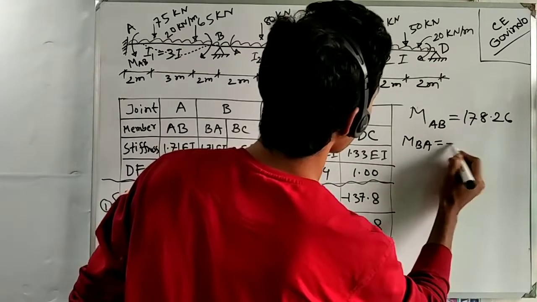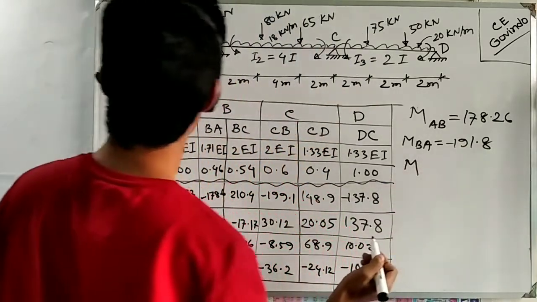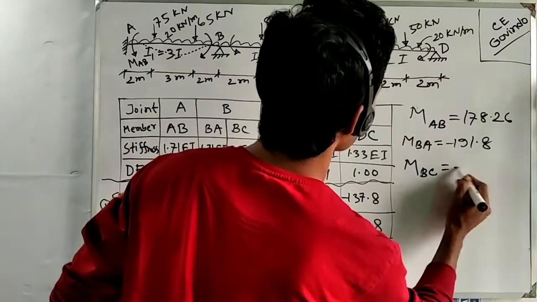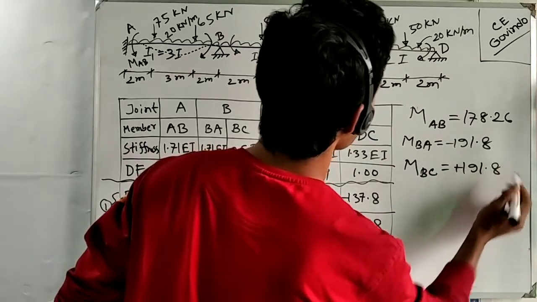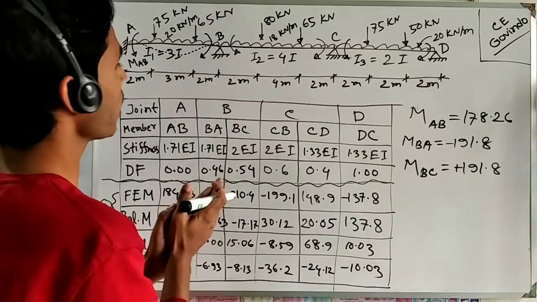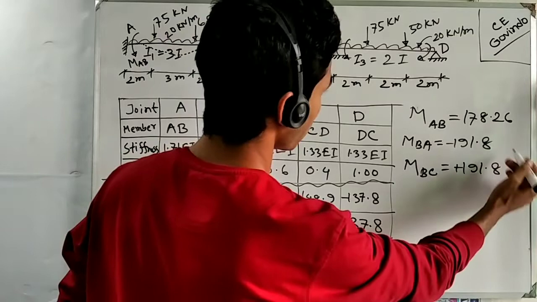This will be minus 191.8. MBC will be plus 191.8, because this BA moment and BC moment should cancel out each other. There should not be any unbalanced moment, and you will finally get the answer